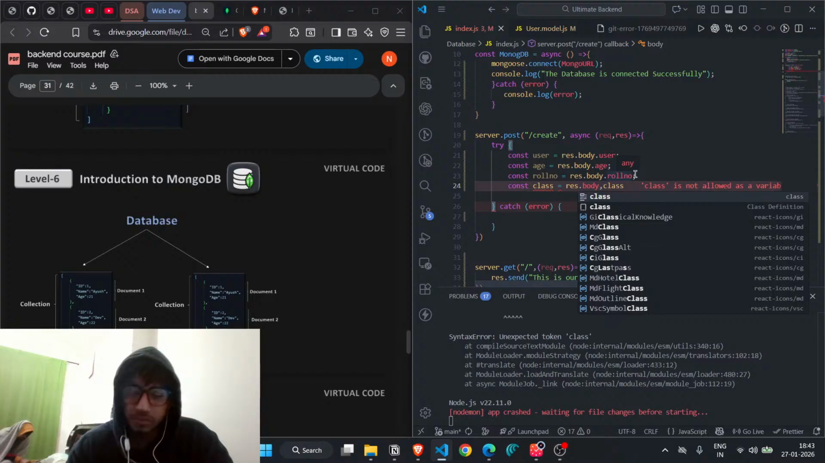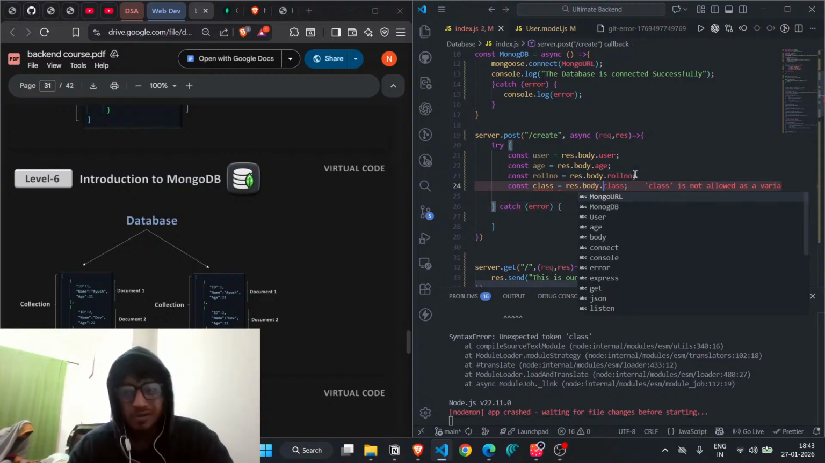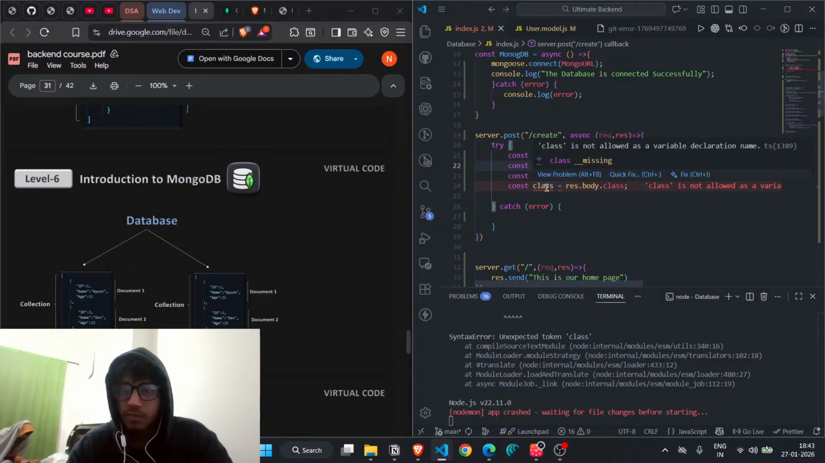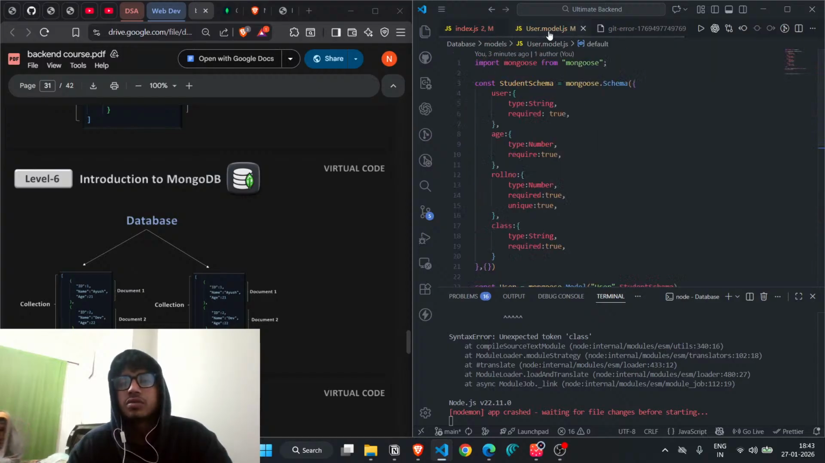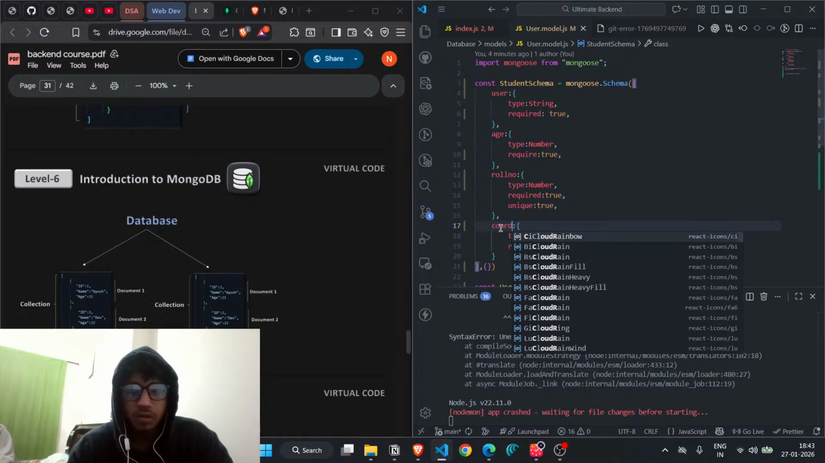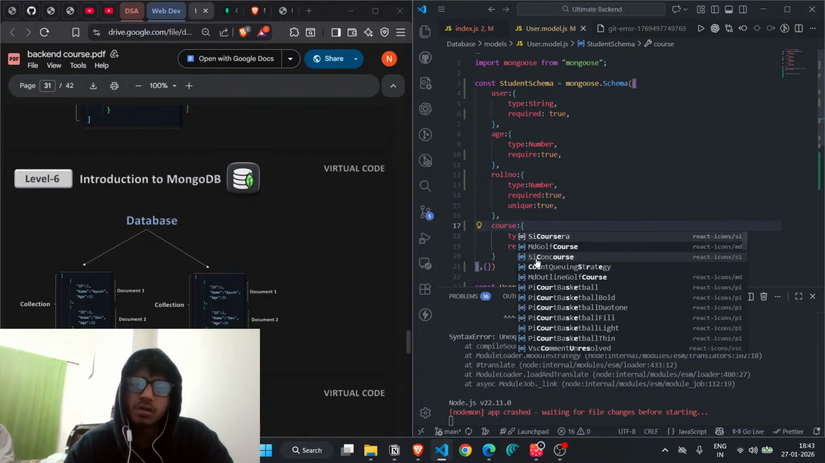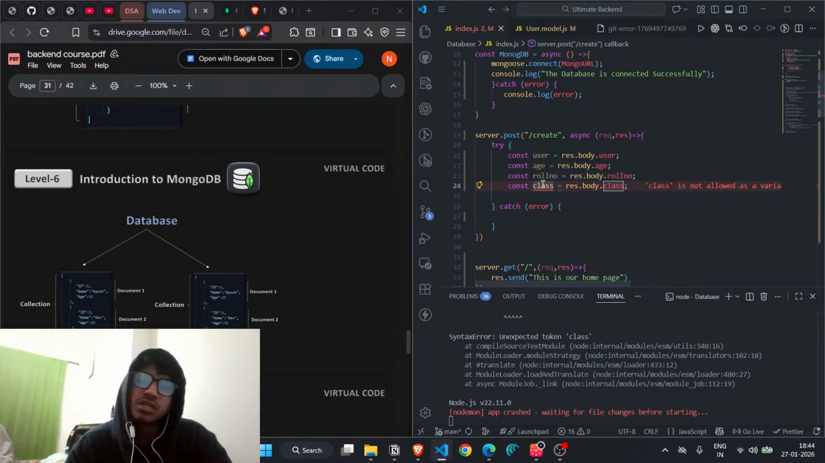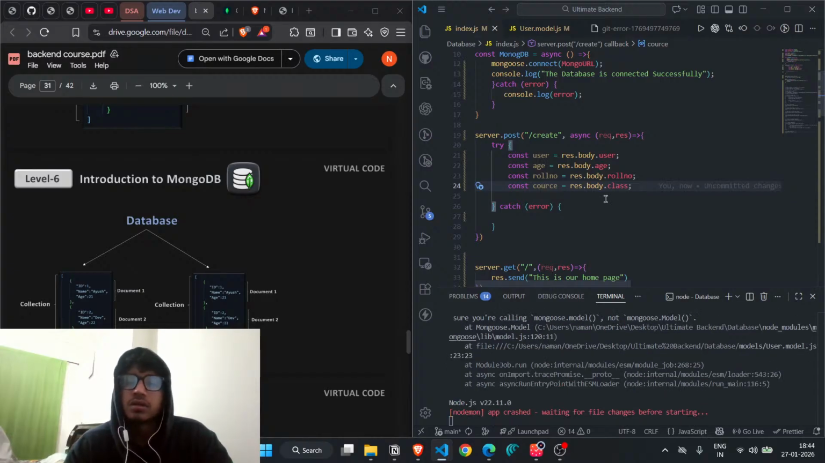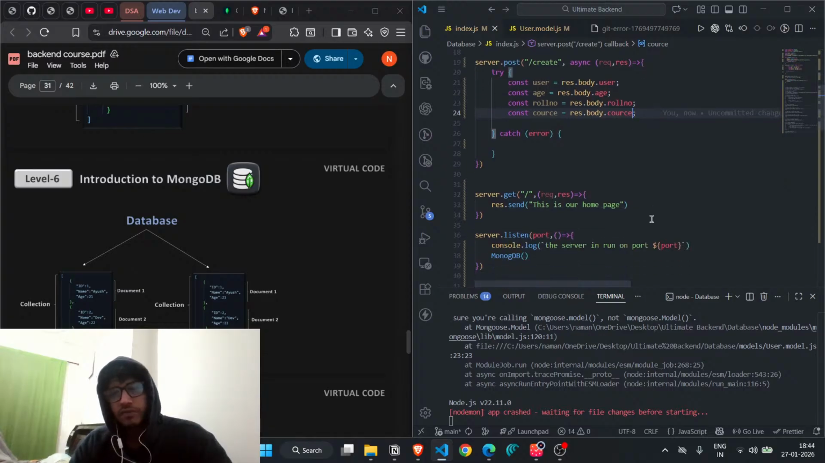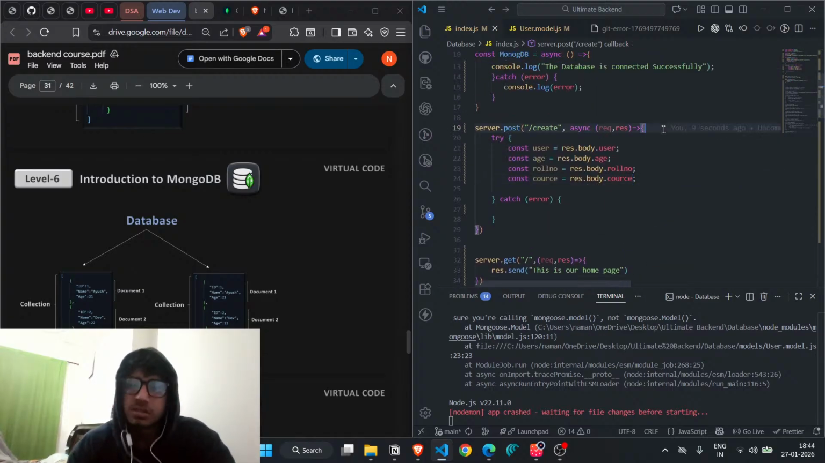Class is a reserved keyword, so we use the quotes. That class is used in an OOPS concept. Yeah, I forgot it, but now I remember. So we have used the quotes there. Now what we have to do? We just use the create method now. So just write